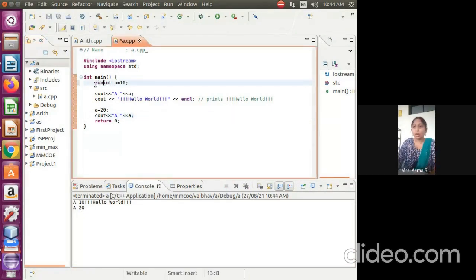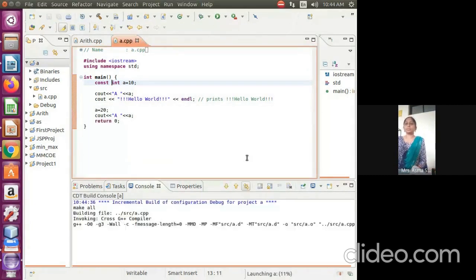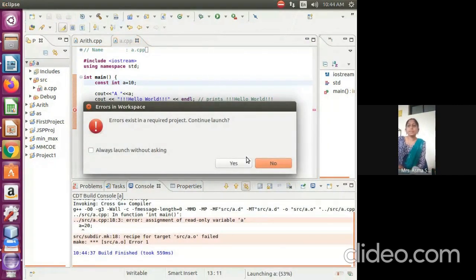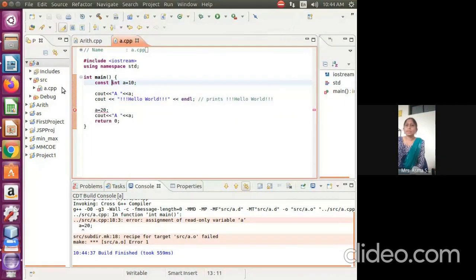Now if I assign a const here before this word, you see the keywords change to some particular colors. Okay, const int 10. Now let's see, we can run this code. See, we have one error. We are not able to see the line numbers here at this position.